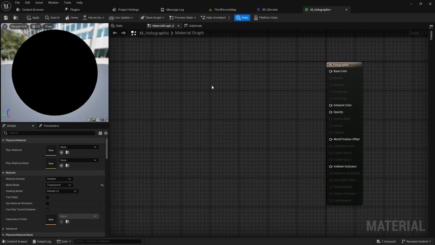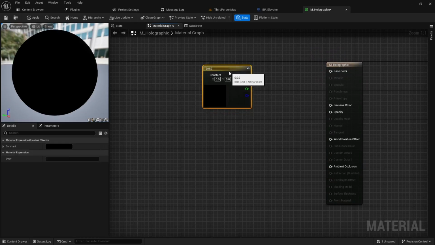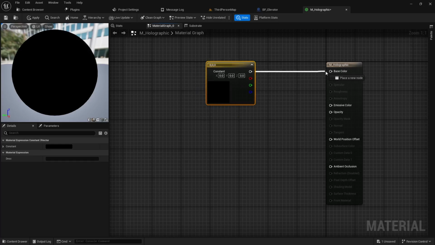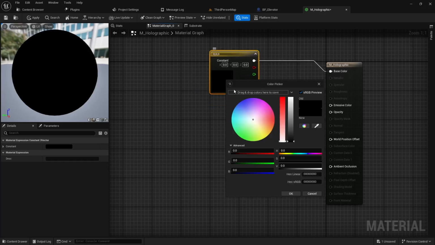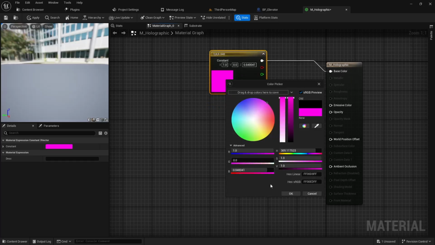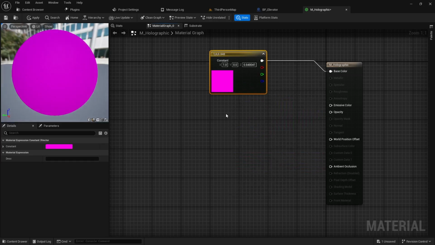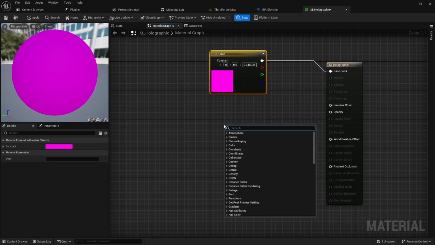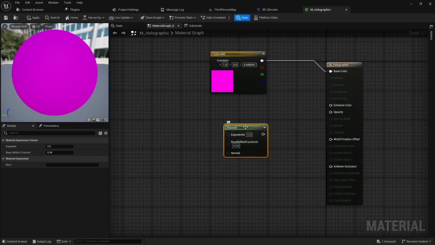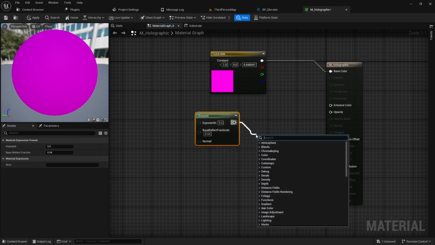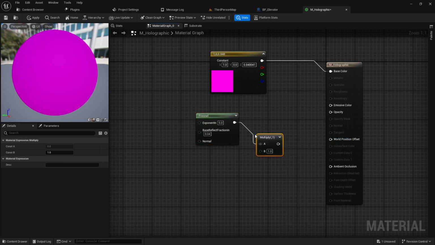Then hold 3 on your keyboard, click into the graph to add a constant 3. We can plug this into the base color, and then pick any color you want. I'm just going to go with a pink for now. And then we want to use a Fresnel. So if you just search Fresnel, this one right here, we can then pull off into a multiply node, and then the other B pin will actually be going into a